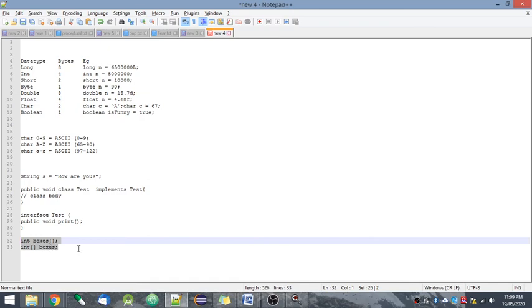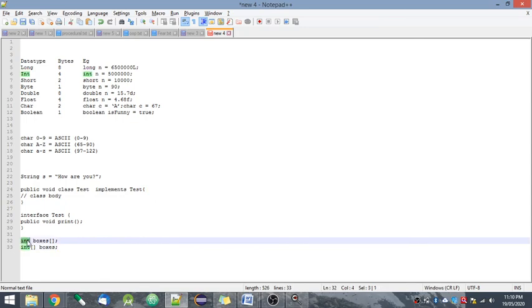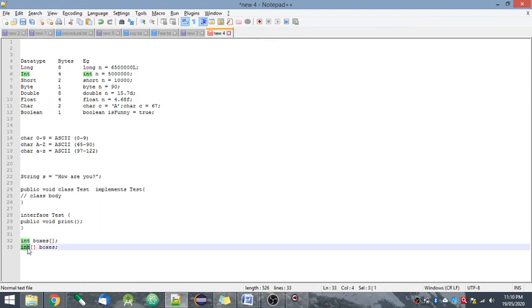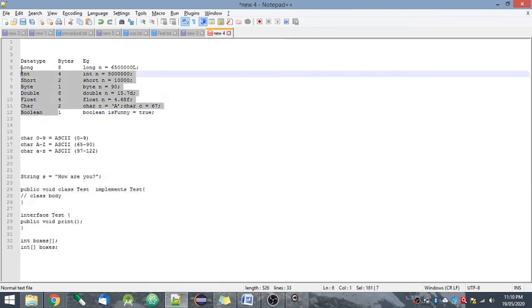The data type should be the same for all elements that you want to store. There are two ways to declare an array. You can either write the data type followed by your array name and then square brackets, or you can write the data type, square brackets, space, followed by your array name. These are the 4 non-primitive data types, and these are the 8 primitive data types.